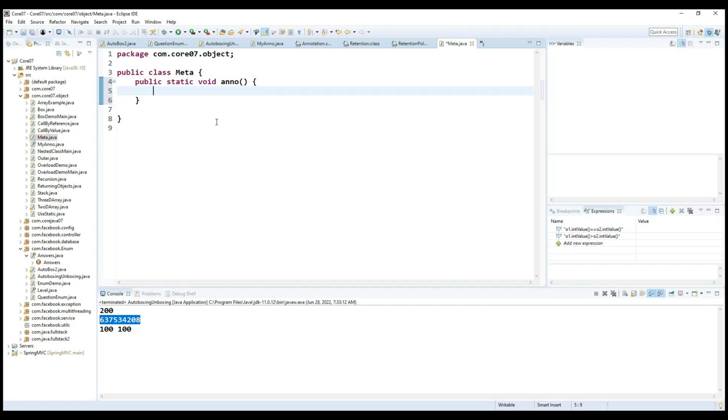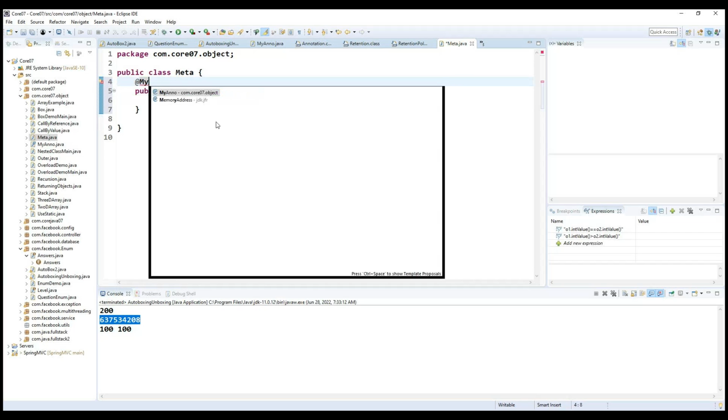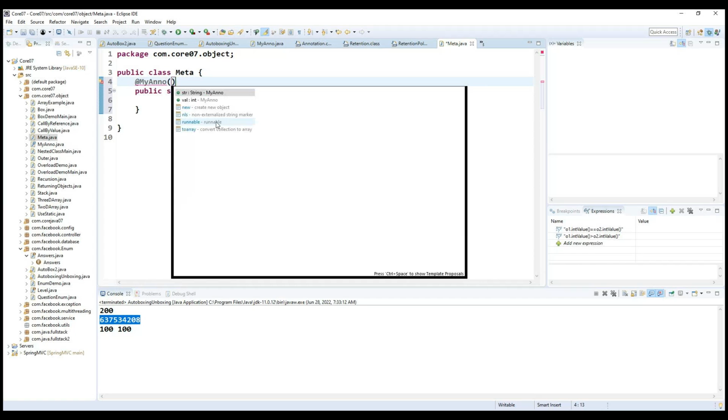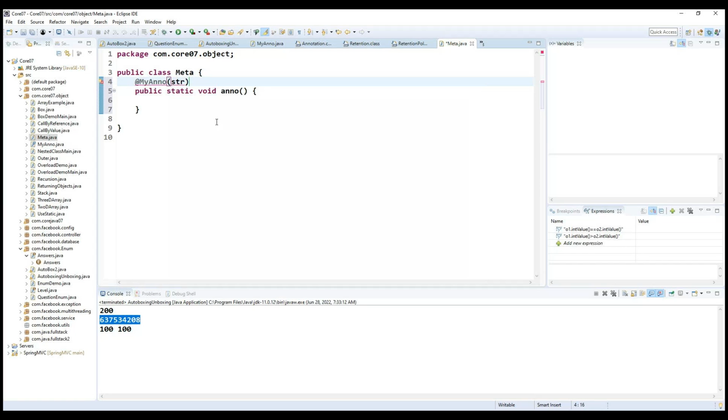On top of this particular method, I'm going to use our annotation. This is the way we are going to define this annotation. Why is this annotation giving me an error? Because it is expecting two values here. What are the two values? First, we need to provide the str. Getting the point? So for str, we need to provide something like